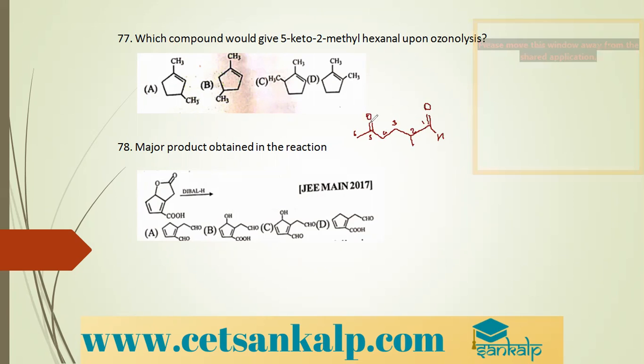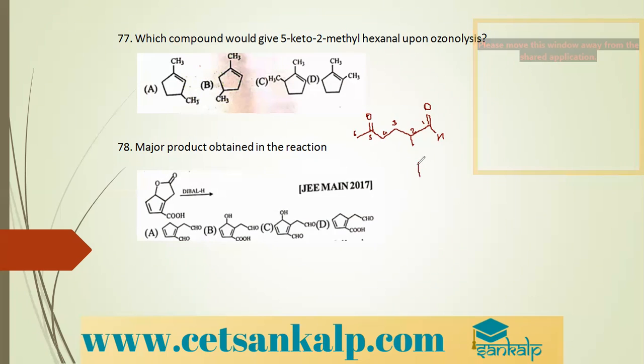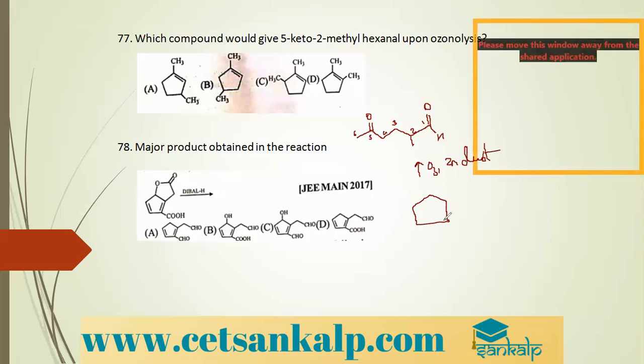They are asking you which compound would give you this on ozonolysis. Ozonolysis has to be carried out, means double bonds. Look here, these two have to be joined. When you are joining these two, it will end up with a 5-membered ring. So all the options are having 5-membered compounds, right? Ozonolysis means treating it with ozone, then zinc dust. So a 5-membered ring is required, and I already have a 5-membered ring.